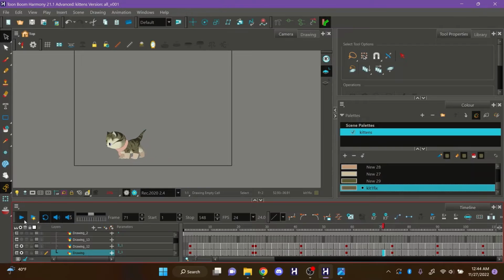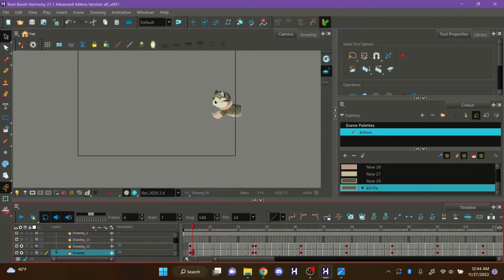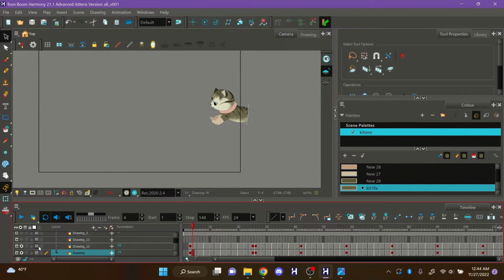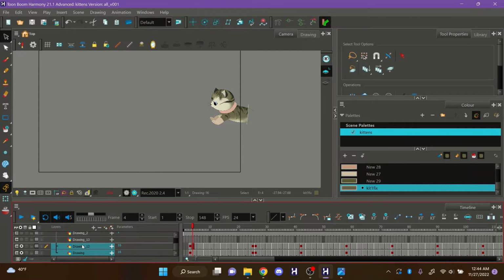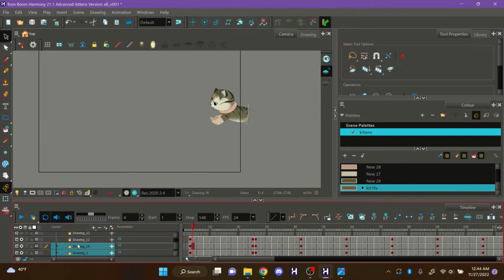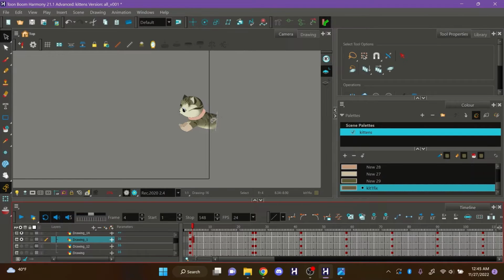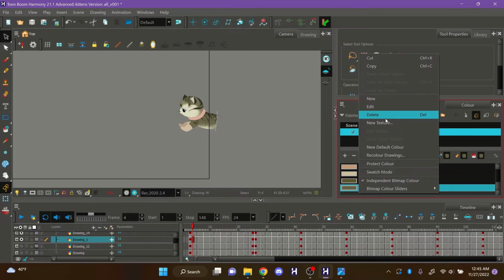I'm not going to show the entire process of coloring in the other kittens, but I do want to show the benefits of switching out textures to improve coloring speed. So let's duplicate these 2 layers, my line work and my textures. Gonna bring them up and we're going to hide the originals. So now let's see what happens when I import